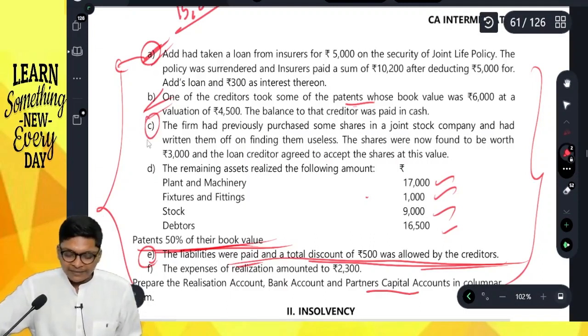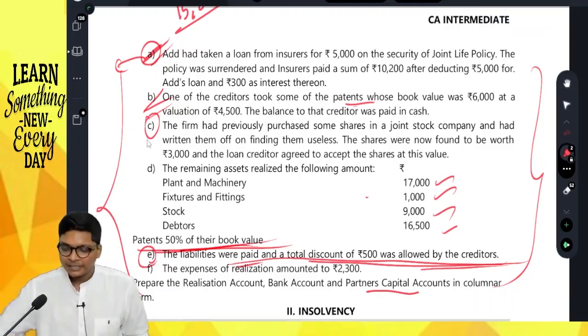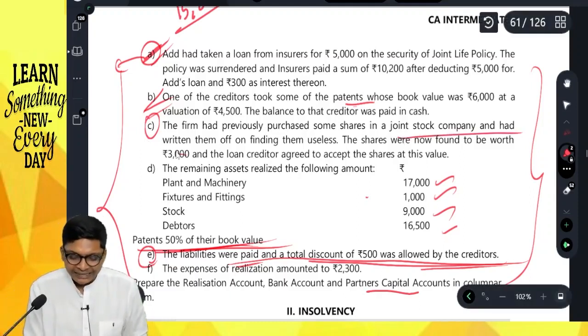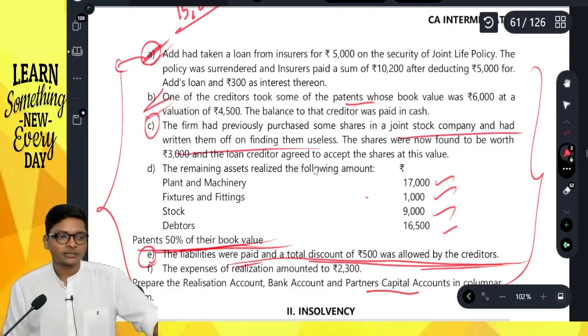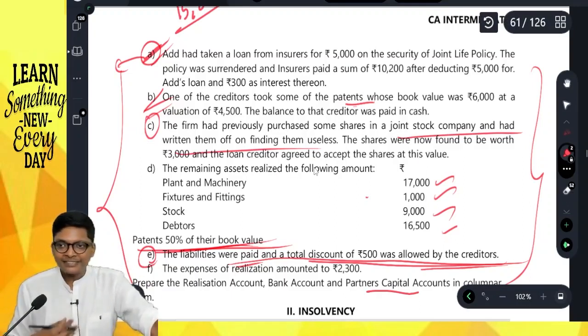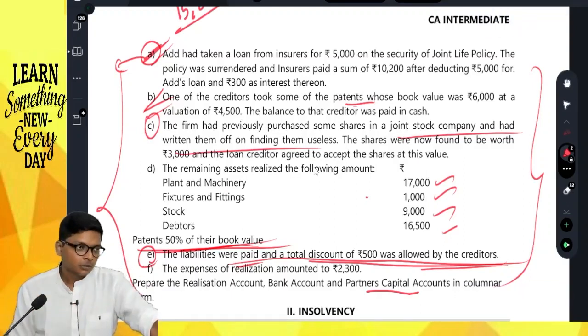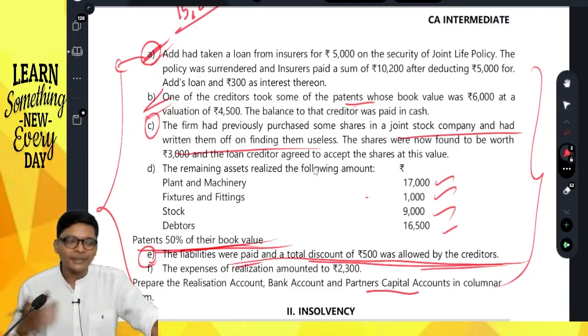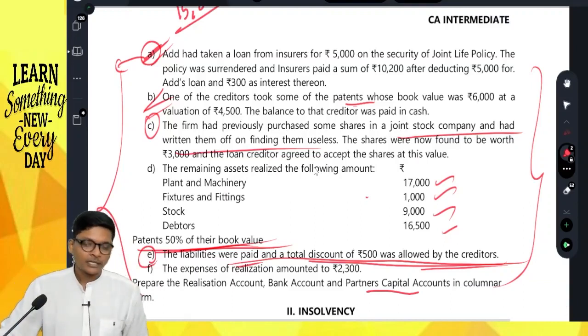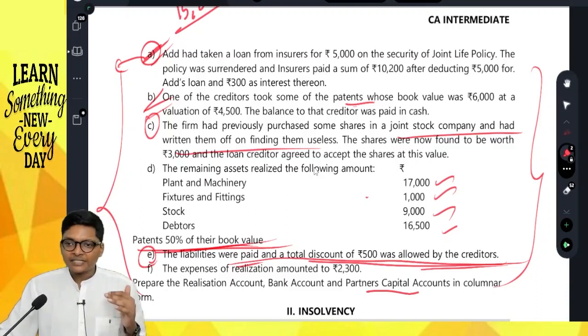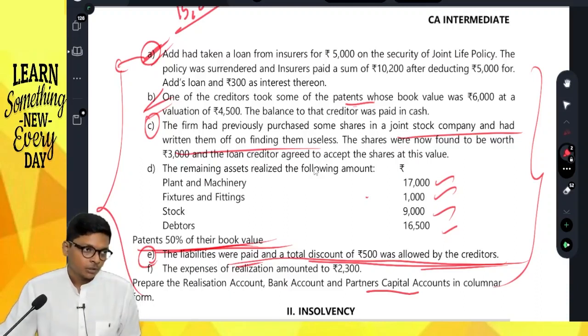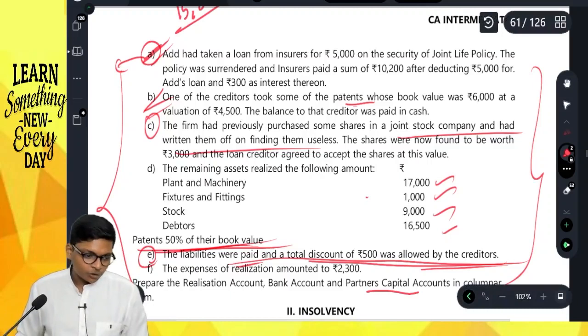The firm had previously purchased some shares in some joint stock company and had written them off, finding them useless. I purchased shares of some RCom. Today each share is valued at 10 paisa. Okay. Tomorrow if suddenly this company's shares go up, you will get the profit. What they are trying to say, let me show you. For example,